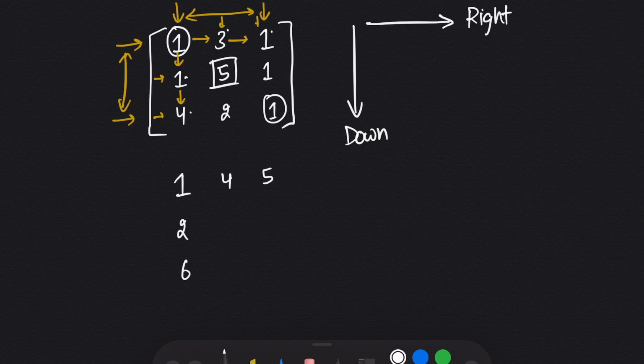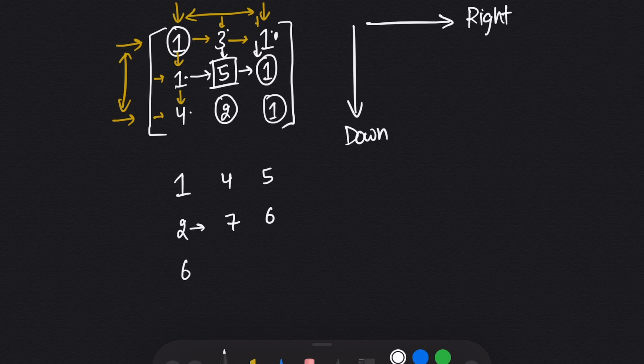When I came here, I have the option to choose where I want to come from, the left or the upper side. So I will come from the left, which means I move in the right direction. So my answer will become 7 here. When I came here, again I have two options, either move in the right direction or move in the down direction. So I will choose the path from the upper direction. So here my answer will become 6.